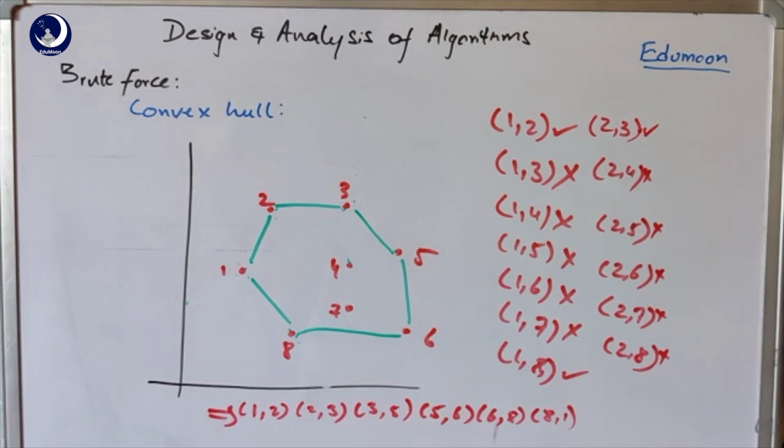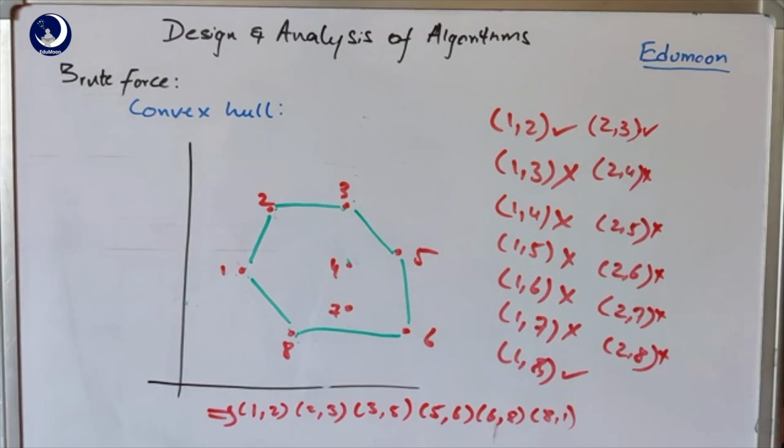So here the output of this problem is, when this convex hull problem is given some points, that is from P1 to P8 with their coordinates. We follow the brute force technique: we write all the combinations, all the pairs, and we check whether all the remaining points are at one end of this line or the other end. So we use the formula Ax plus By plus C using the slope formula. All the other points should be either negative or positive. If some are positive and some are negative, we can conclude that the points are on either side of the line, so you can ignore those points.